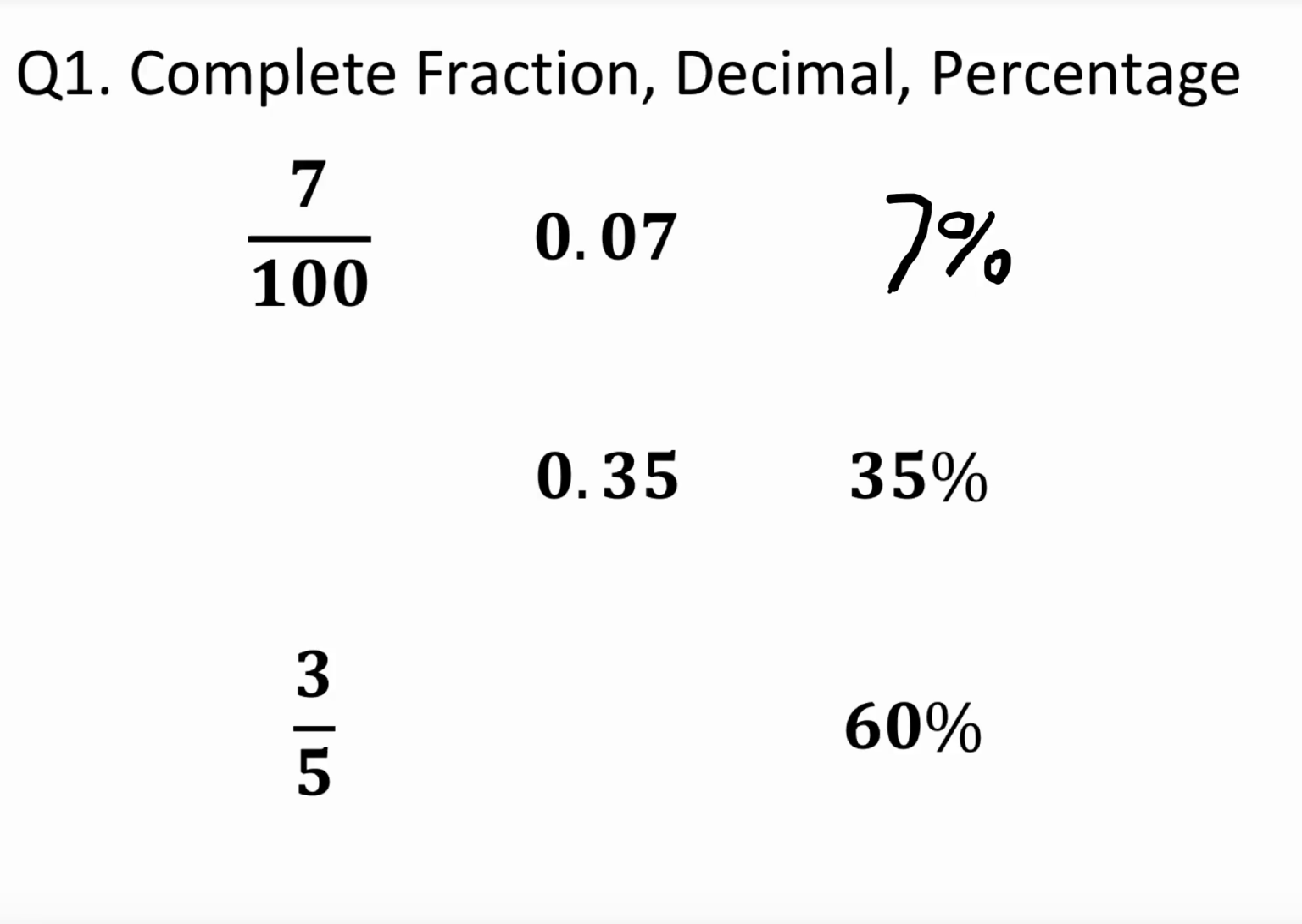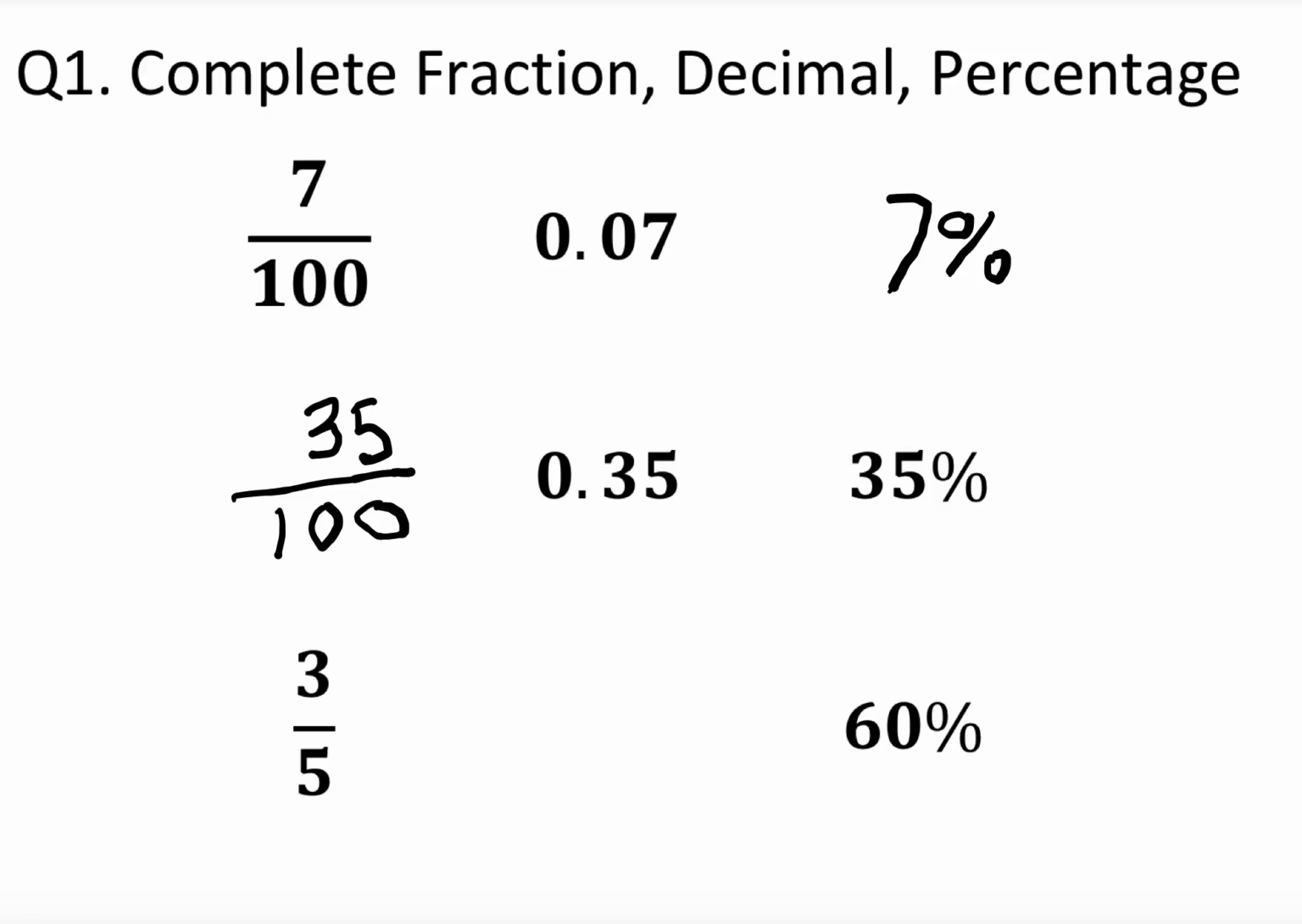Right, so that's the first one. So 7/100 is the same as 0.07 and 7%. So we've got the next one, we've got 0.35 and 35, and we need to find the fraction. Well, that's not too difficult. All we need to do is put 35 over 100. But we can simplify that, because